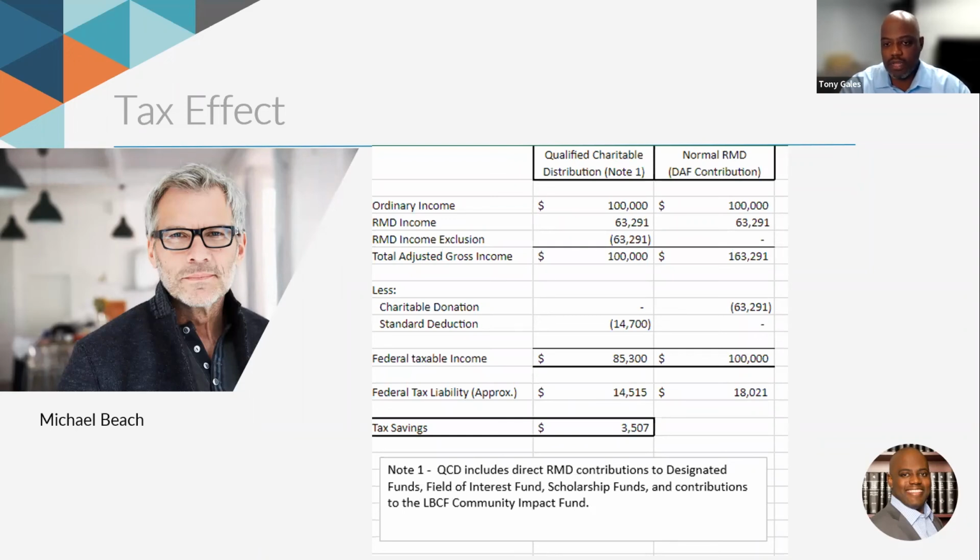Whereas if you do an RMD and you have to do itemized deductions, you don't get that additional tax savings on the quote unquote free standard deduction. So there's a slight tax savings amount there, but in any case, you would be reducing your income no matter what you do if you were to give to a QCD or directly to a donor advised fund. Great, thanks for going over that. We do get a lot of questions about that.